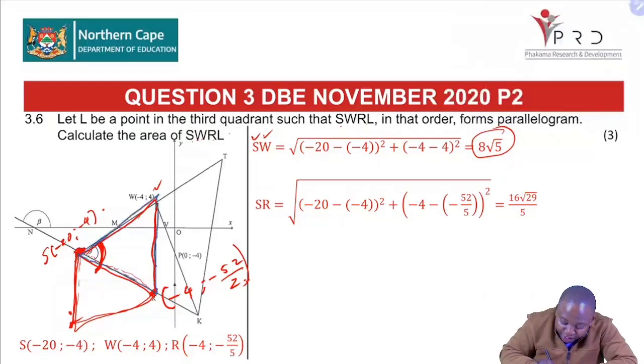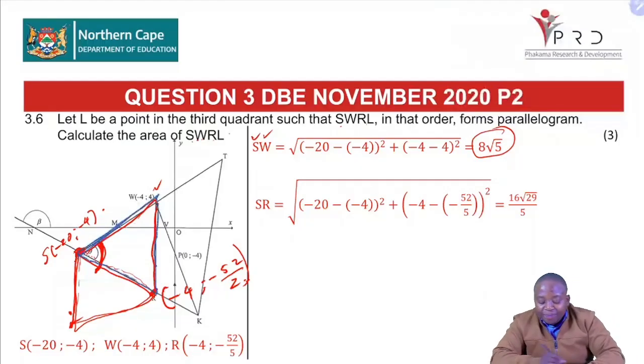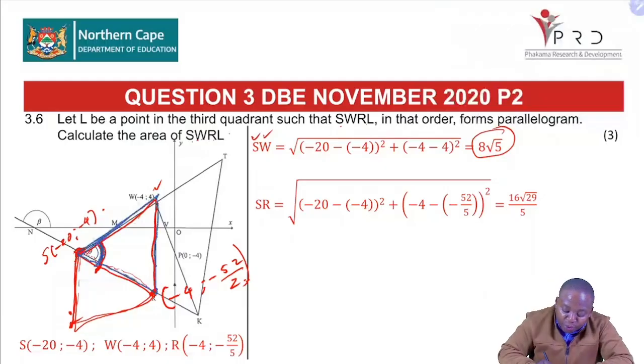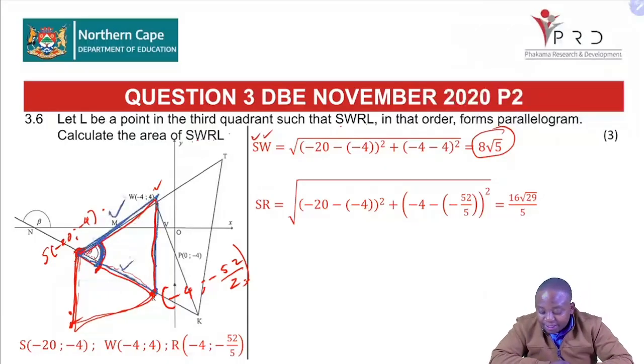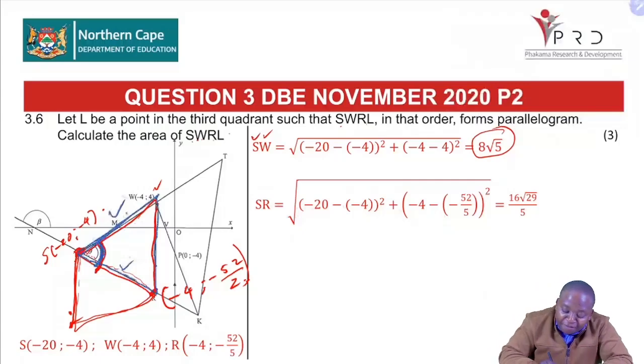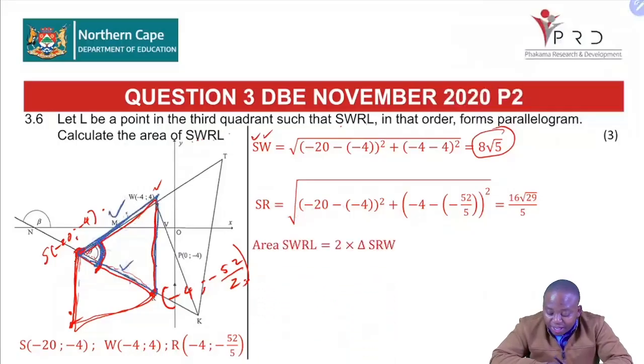Remember, we can find the area of the two triangles and add them together. So if I want the area, because we already have that angle, I need to use this side and that side. Then SR is now the root of 16√29 over 5. Then I found the two sides, then I will use that included angle to find the area of that. Then the area of SWRL is 2 times the area of